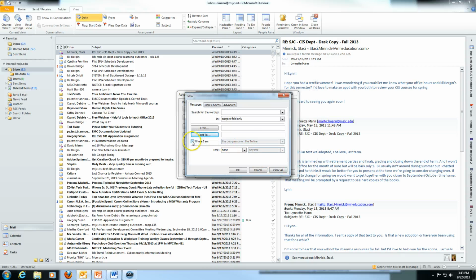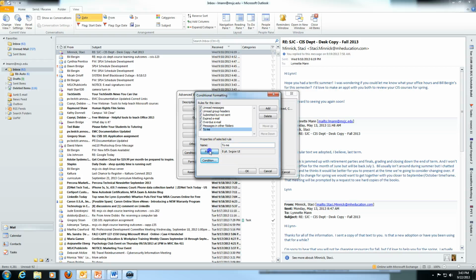So right here, the only person on the To line, okay, I can say OK. You can also choose only items that are unread, only items that have attachments, or whose importance is high. But I actually just want to say if it's to me,